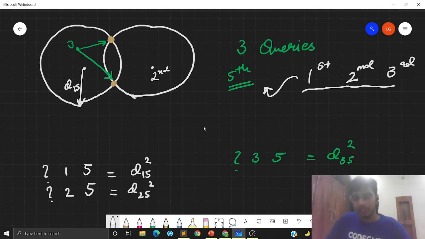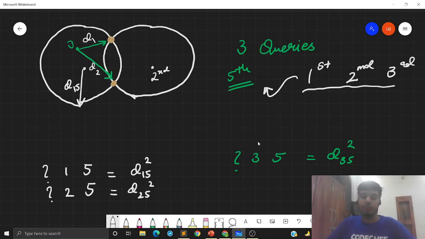Now there is a corner case here. It is possible that these two distances are equal, right? What if this is, let's say, d1, this is d2, and what if d1 equals d2? In that case, we will not be able to decide which of the following 2 points should be taken as the fifth point, right? So let's handle this case later. We will see this case when we discuss the complete solution.